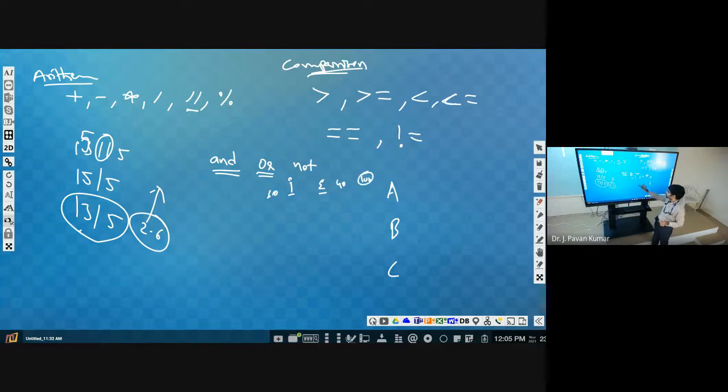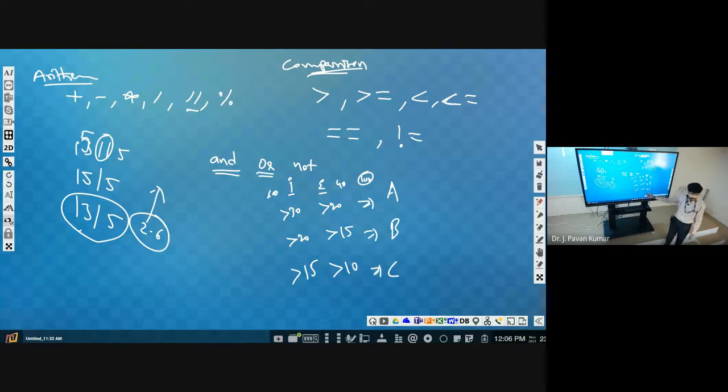Now this should be greater than 30 and this should be greater than 20, then we can give A grade. This should be greater than 20 and this greater than 15, then only we can give B grade. Like this we are assuming. Don't ask about the grading based on this; it is just for your understanding. 15 greater than 10, then we give C grade. So in all three cases, what is the primary requirement? We need both of these, then only we can give this particular grade.